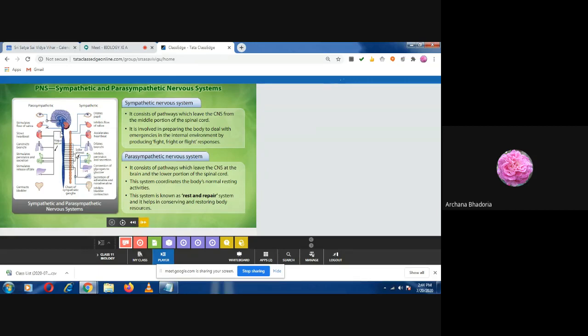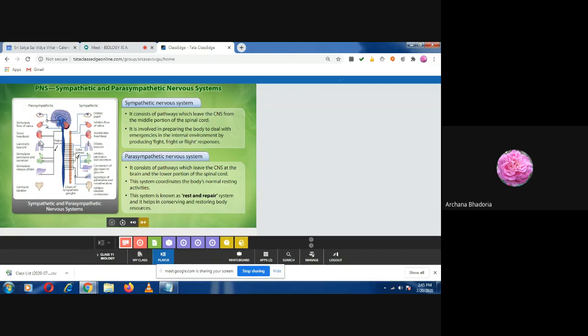So they arise from the brain and here they also arise from the spinal cord, and the nerves coming from here are going. So remember the nerves will be branched. That is why they go on to different organs. So they are going to the same organs. So the same organs are supplied with two sets of nerves: the sympathetic nerves also and the parasympathetic nerves also.